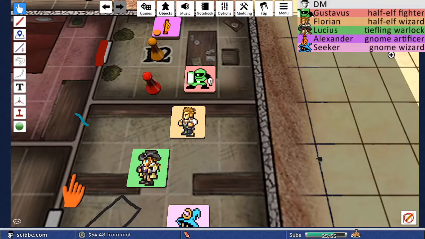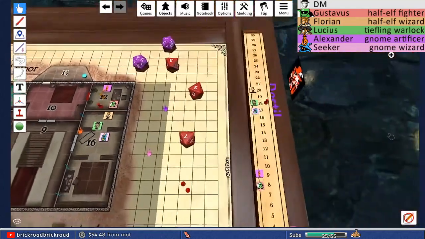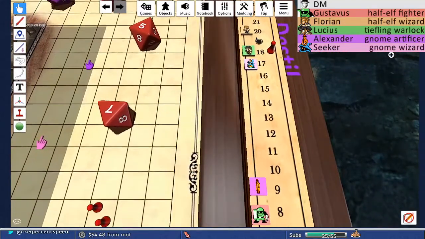This is D6 plus 2. D8 plus 2. For 5 force damage. 5 points of force damage. That's the end of our turns. Okay. That's going to bring us to